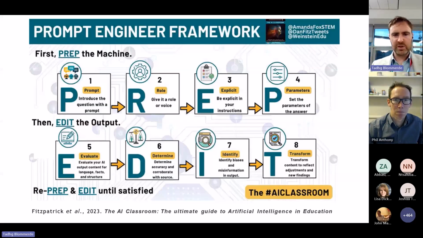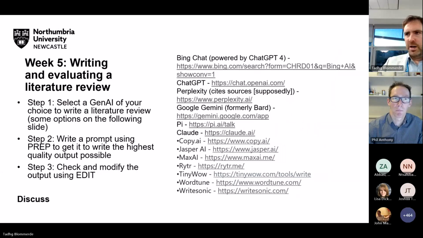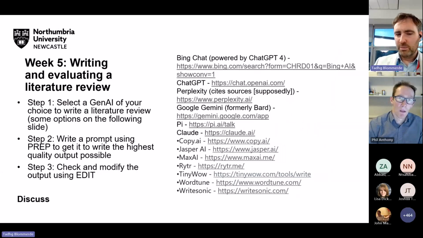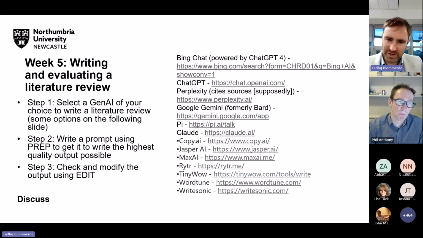The role or voice: what's the perspective that you want the output written from? The explicit instructions: so exactly what do you want it to do and what do you not want it to do? The parameters: word limit, answer in bullet points, UK English, whatever. After students use PREP to write their prompt, I'm going to say almost all got a recommendation for either positivism